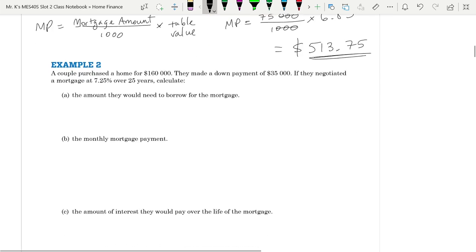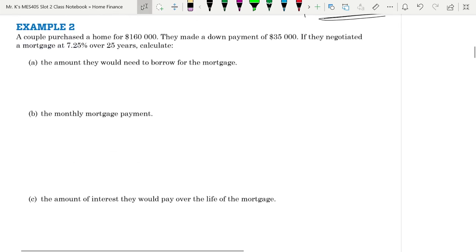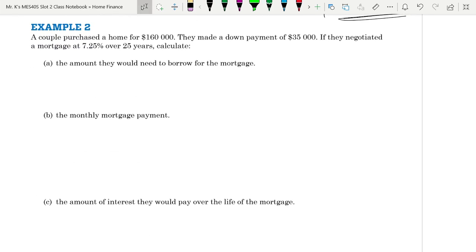Example 2 is a little more reasonable. Again, maybe a little bit cheap for Winnipeg, but a couple purchased a home at $160,000. They made a down payment of $35,000. If they negotiated a mortgage at 7.25% over 25 years, calculate the amount they would need to borrow for the mortgage. So, first of all, they have a $160,000 house, and we're going to assume all of the things they